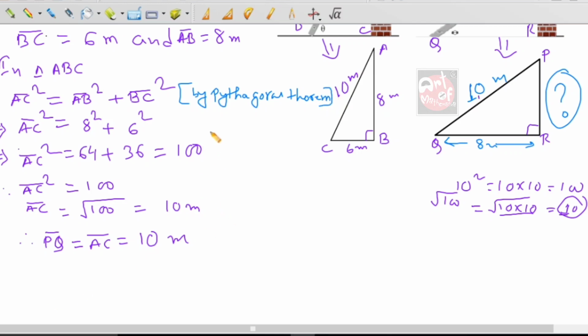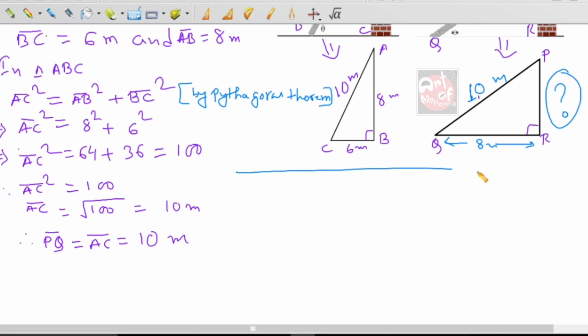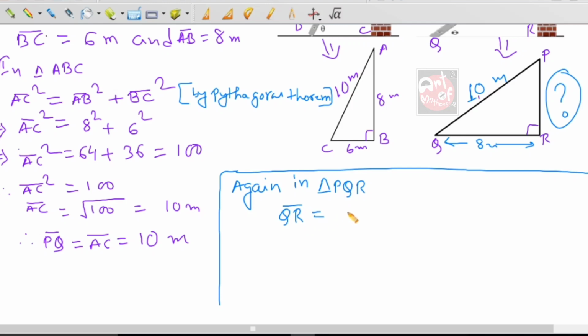So again I am going to do the same process, same method. So let me drop this one. So next answer I am going to write here. Next again in triangle PQR, what is given? QR is given 8 meter. Now only you have done the PQ, given 10 meter. So by Pythagoras theorem,